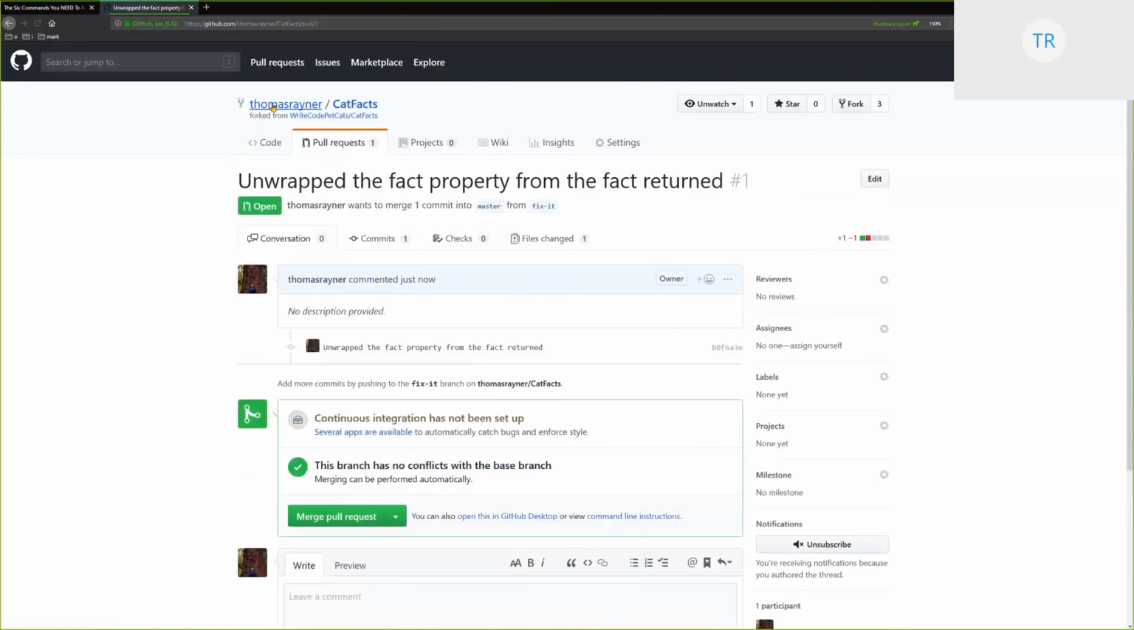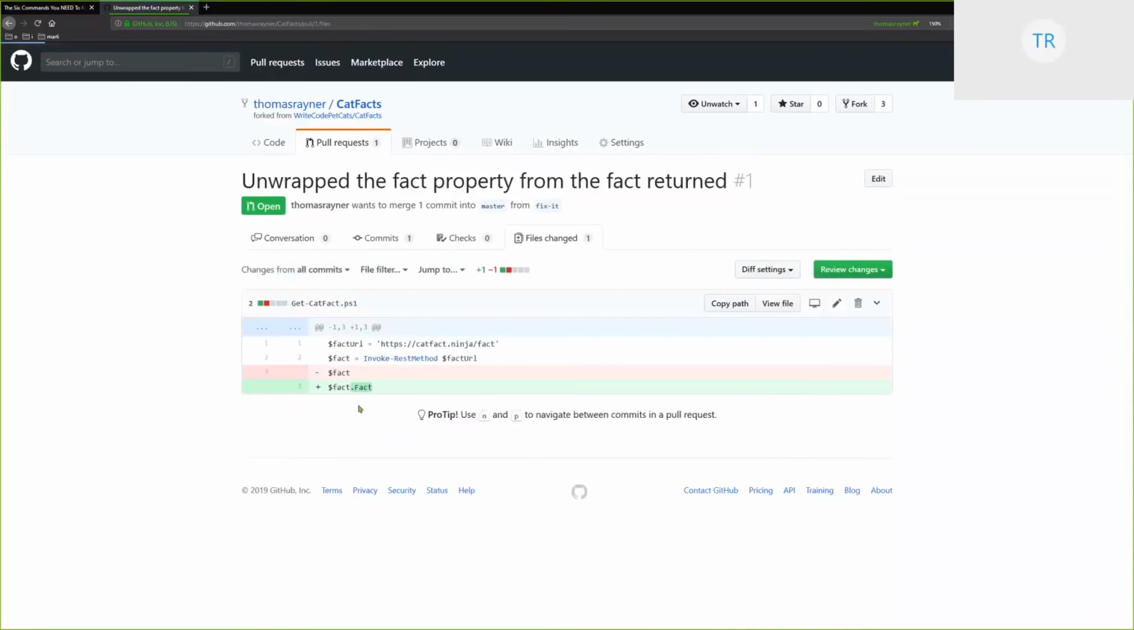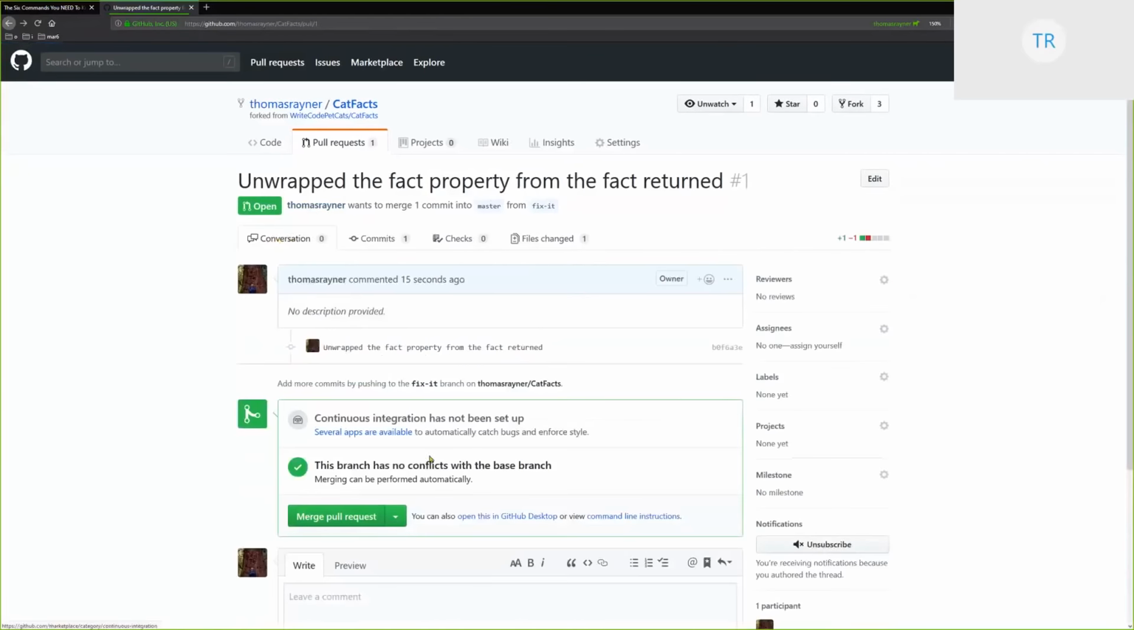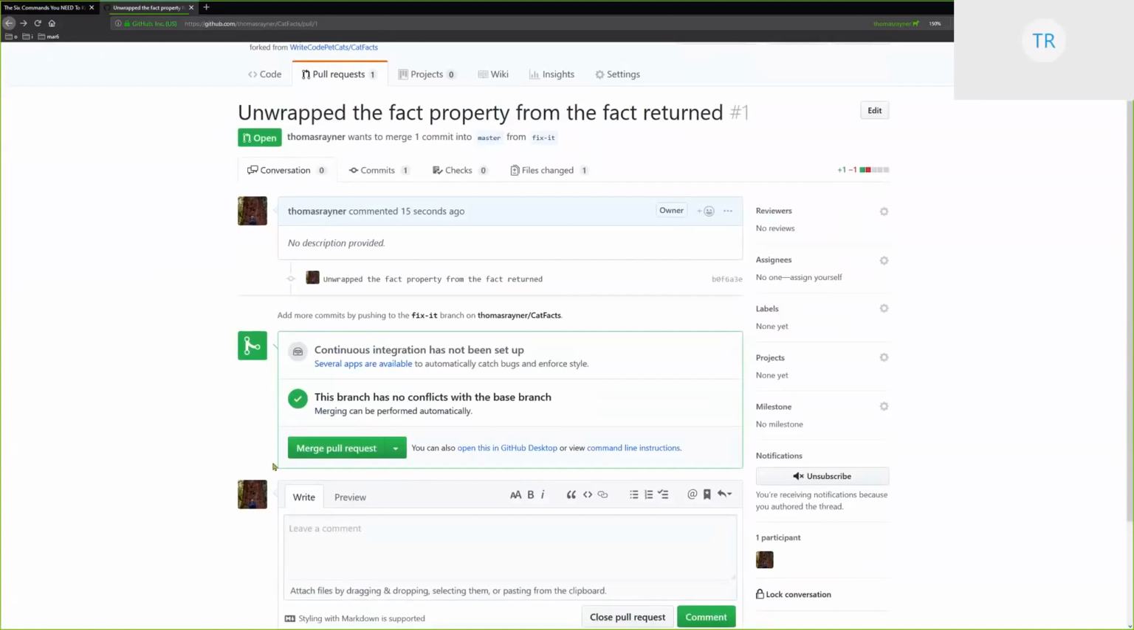And this all, again, looks the same, except for where I am. I go in here and say files changed. Thomas Rayner wants to merge one commit into master from fixit. It's the same commit, it's the same change. I can go add a reviewer here. I could have given this a little bit more information, but you'll see I can merge this pull request, or